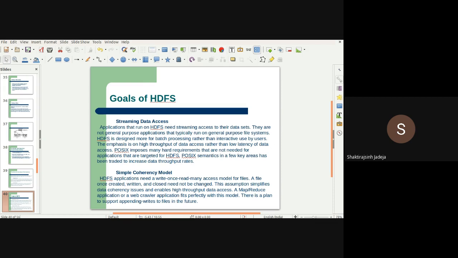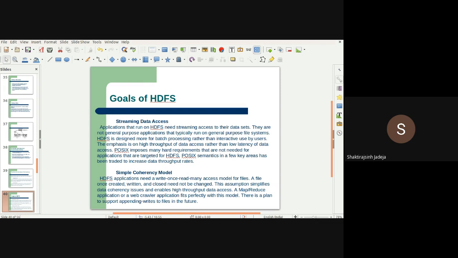But just for our understanding, HDFS is also designed for batch processing. That means it is not going to work with a simple 1 plus 1 equals 2 calculation, right? If you have like 50 lakh calculations to be done at the same time, then it would be more helpful and useful.